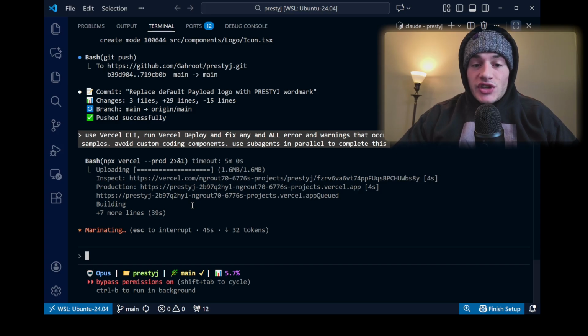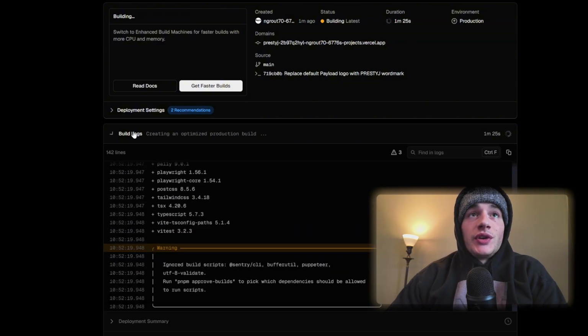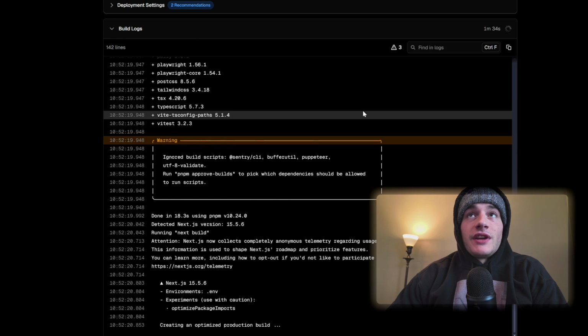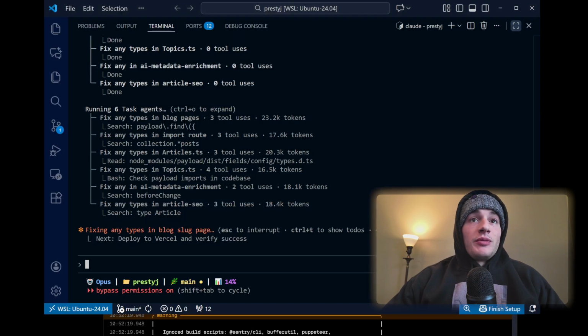So it's a real simple prompt. I'll show you that it works once we're done. I just want to show you right here that it is building currently. It's going through everything. It's been going for the last minute and a half, but I'll be back once it finishes. Okay, so the build did fail, but this is a good example because now I can show